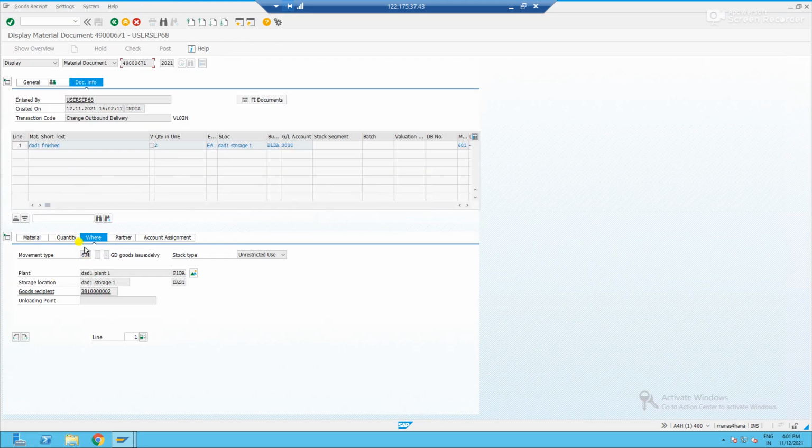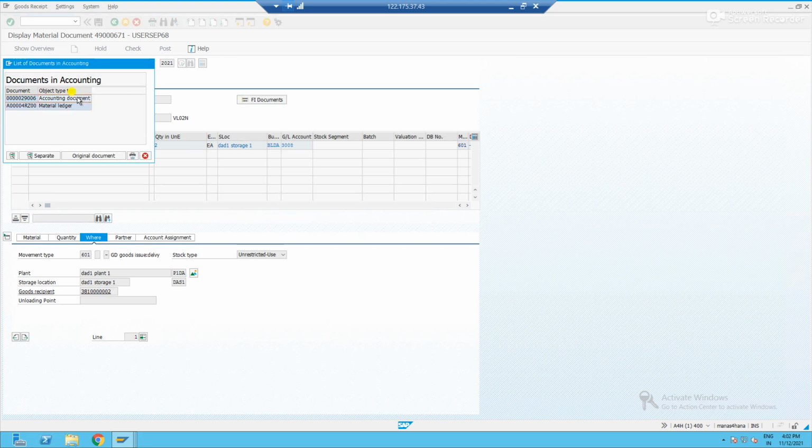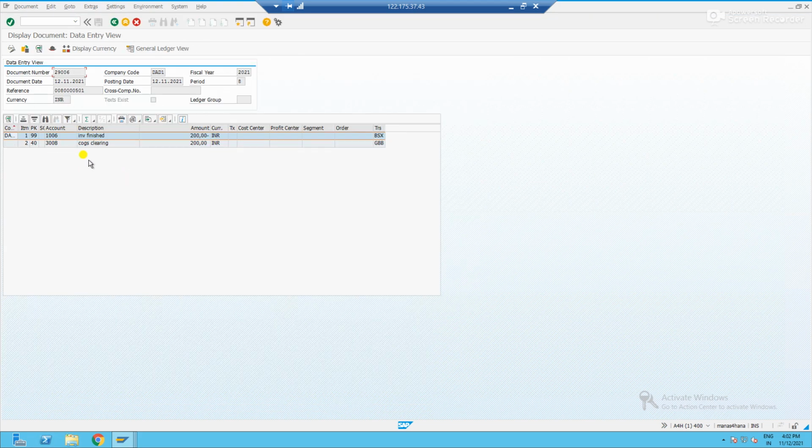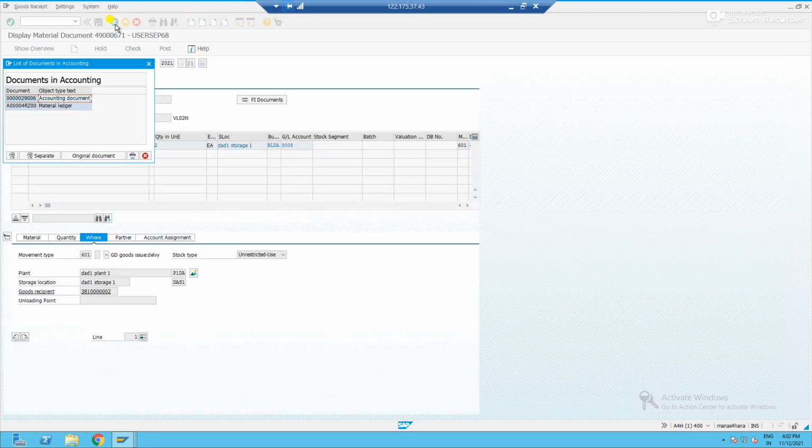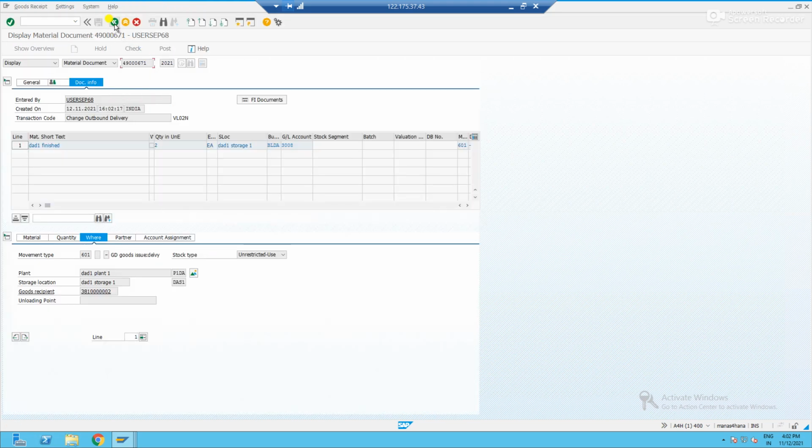This is all the data correct, and you see the movement type is 601, which is a goods issue delivered to the customer. Now the FI entry, let us see. As a standard accounting, when finished goods are delivered to the customer, finished goods are getting credited, and your COGS, cost of goods sold, which is an expense in your P&L account, is getting debited, which is correct. Okay, so we are done with this.